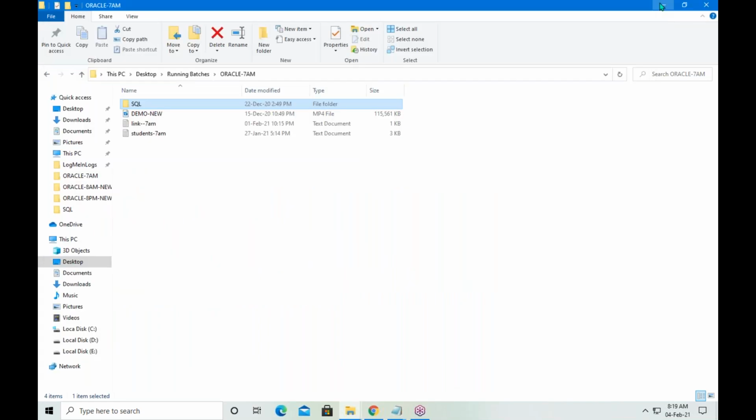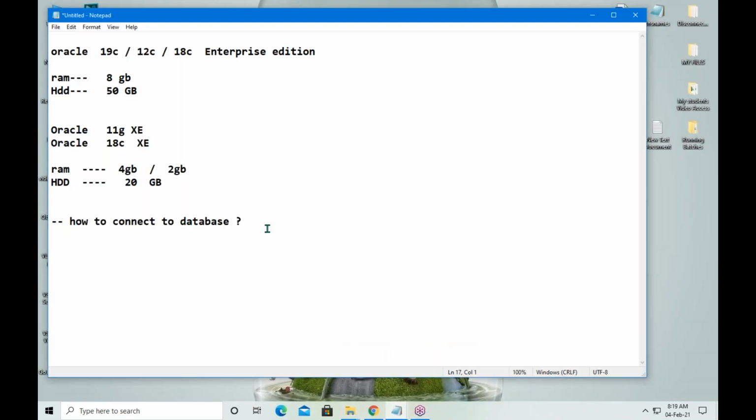Again, I am repeating, guys. Just understand the process. How to connect to database. Before connecting to database, sir, what is the necessity to connect to database? I want to maintain database, or I want to create database. Okay, fine.